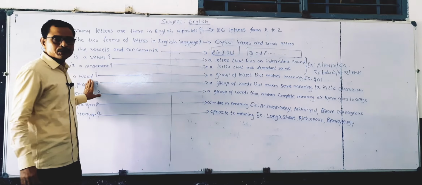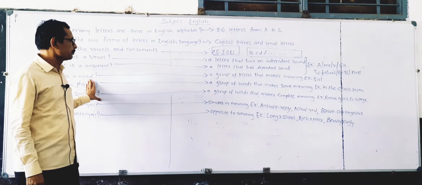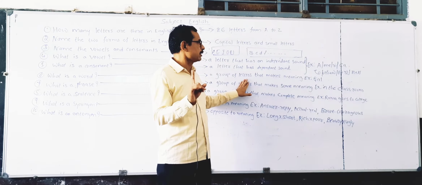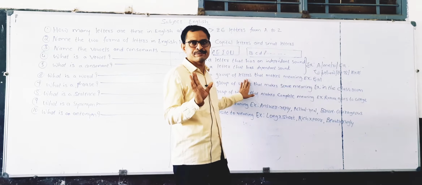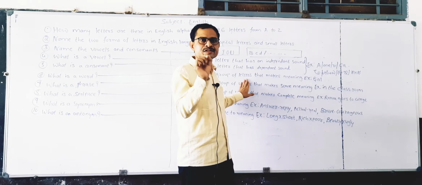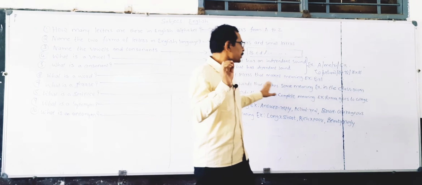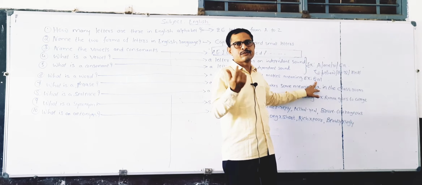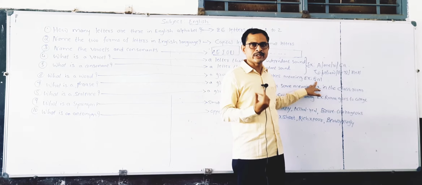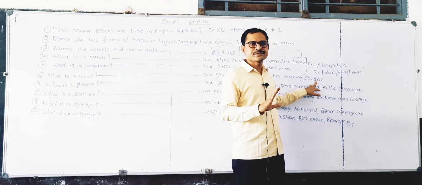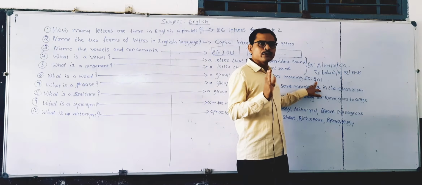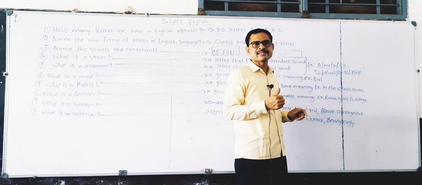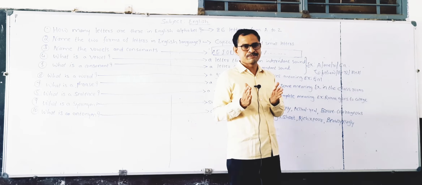Next, we shall know what is a word. A word is a group of letters that makes meaning, not a mere group of letters. It makes some sense. It should have a meaning. For example, girl, boy, mobile, teacher, student. We call these words, which make sense, as words. GLRI doesn't make any sense, so do not call it a word.